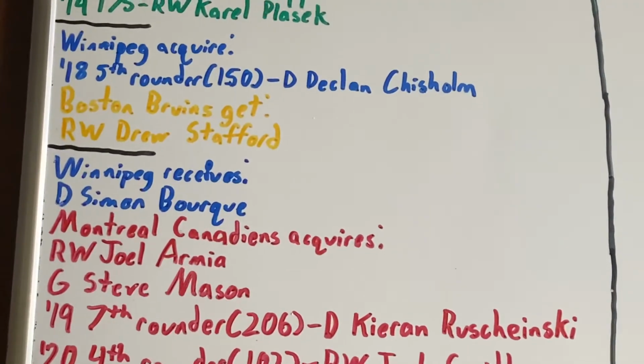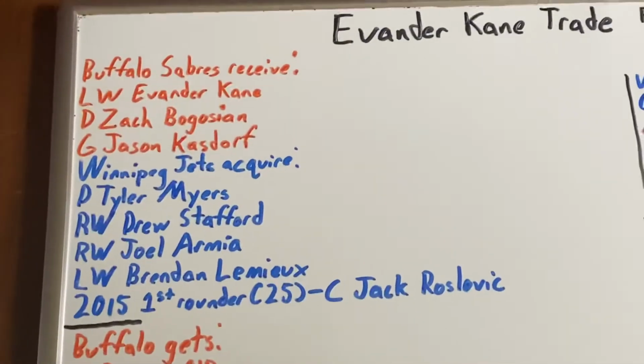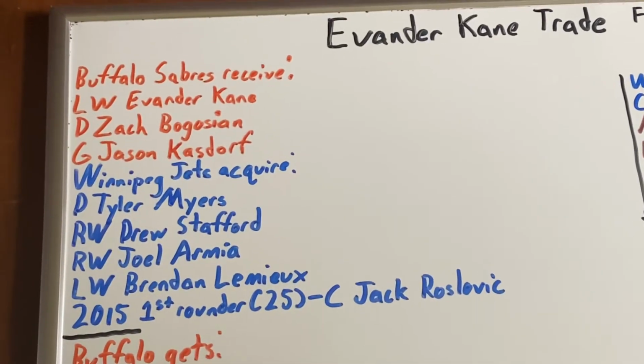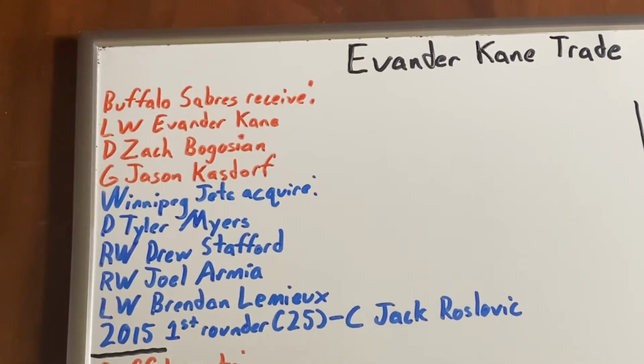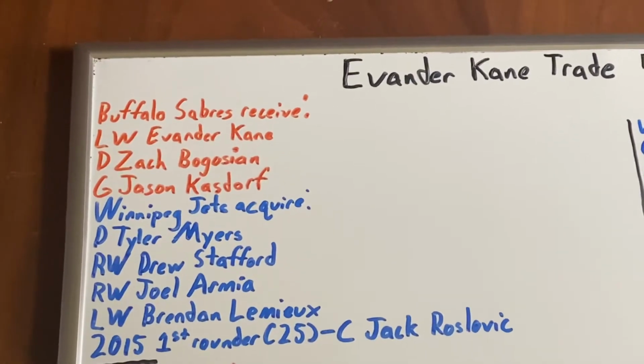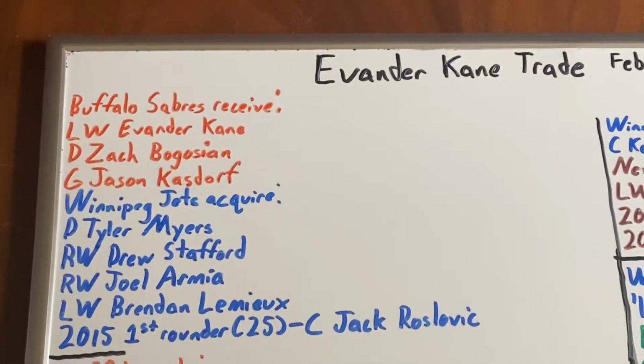So, yeah, like I said, it was a salary dump. He spent 1 year in the AHL. That was it. Now, Winnipeg got 2 more assets here. The next one we'll look at is left wing Brendan Lemieux. And Lemieux, he made his NHL debut early in the 17-18 season, but he would only appear in 9 games. He became the 4th line left wing in the 18-19 season, and he had a respectable season as he would